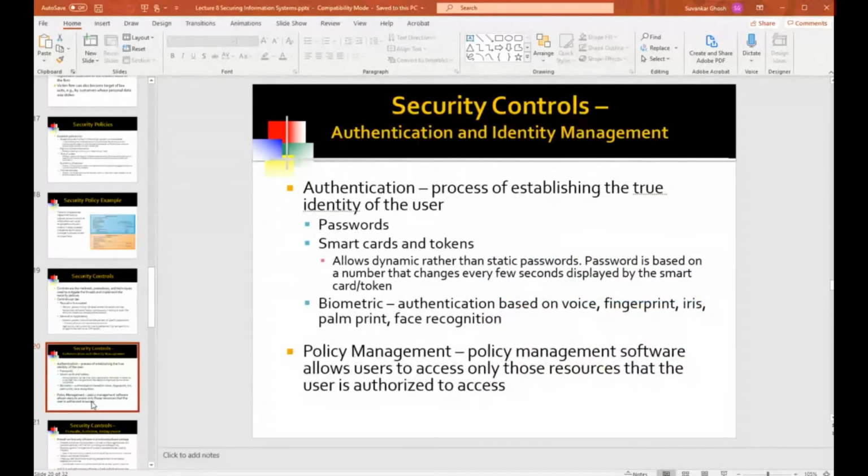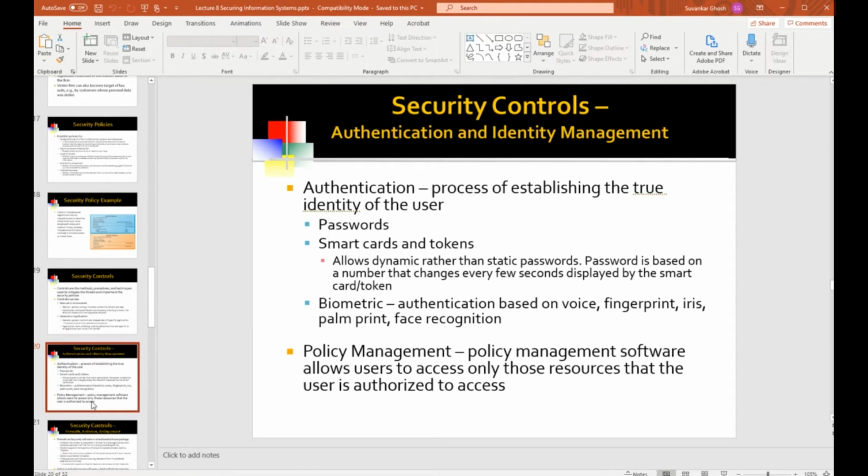Security controls are the technology. What's the technology that we will use to implement the security policies that we have based on the assessment that we've done of our threats? So that's the third stage, now implementing the technology. And it need not always be super duper technology.